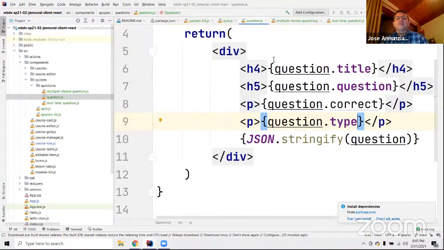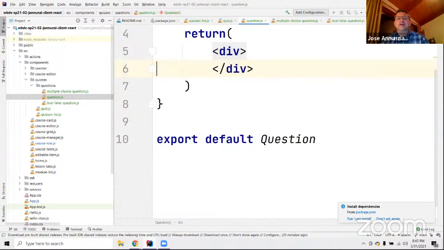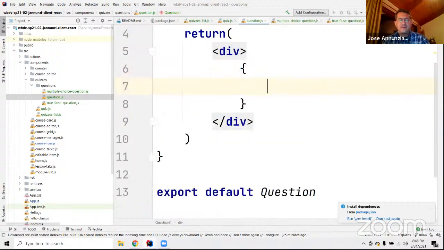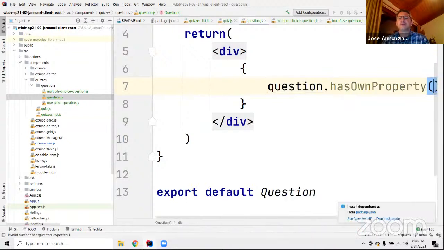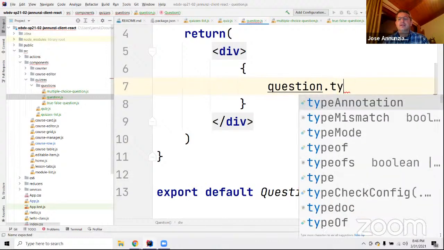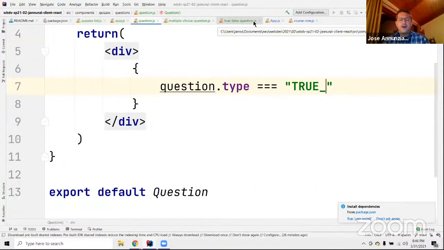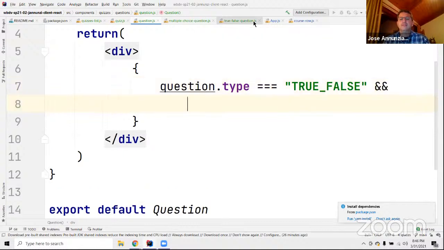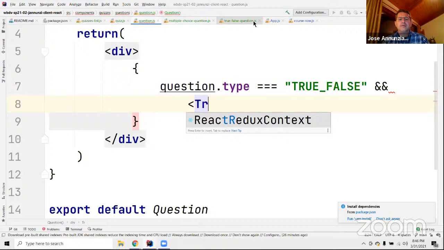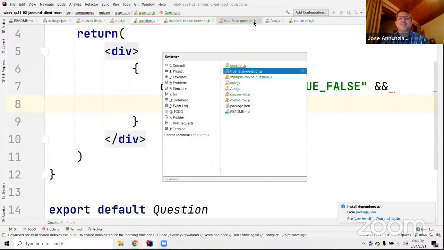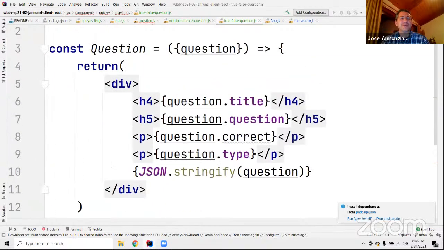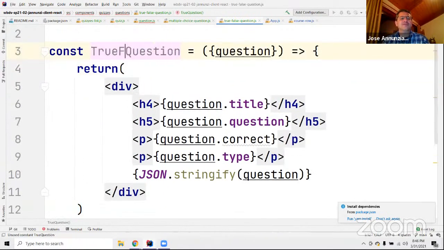So in the question, you might decide that depending on the type, if the question.type is equal to true false, then you render the... oh, I didn't rename them. So this would be the true false question,